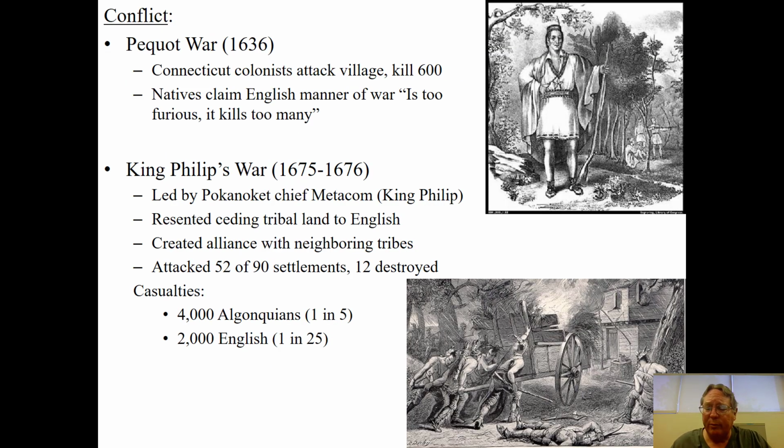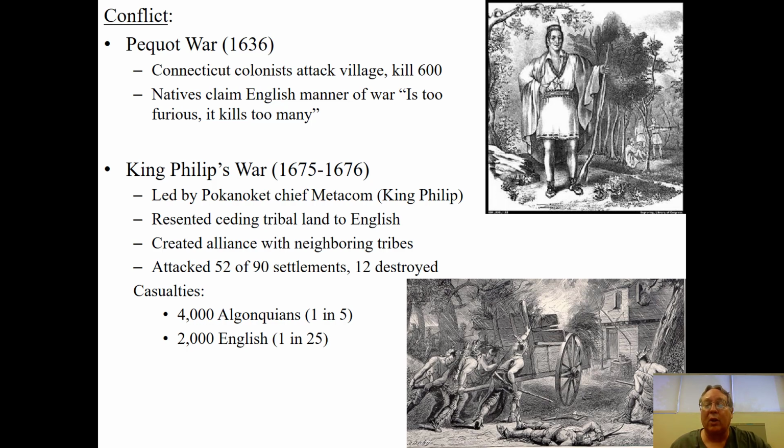And of course, one of the other things we mentioned last time, and I'll go through this quickly because we covered this in the last lecture on New England, is that they attempted to work with Native Americans, but it was totally on the English settlers' side, right? They asked natives to come and live like them, but not with them. And in the end, natives got tired of having their land taken from them, just like they got tired of the Jamestown colonists constantly taking things from them, and it led to conflict. But those conflicts, things like the Pequot War and King Philip's War, went very badly for the natives. They fought well, they fought hard, they did a lot of damage to their enemies, but in the end,